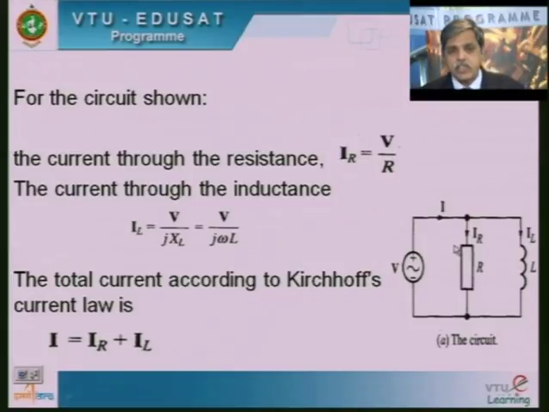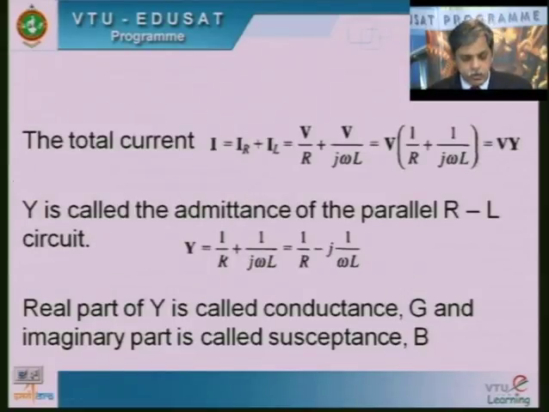Now the analysis of the circuit can be done based upon the phasor diagram. For this phasor diagram we need to take a common parameter as a reference. Since the resistor and inductor have the common parameter, the voltage, I can write down the voltage as a reference. See the total current, if you see here, is the sum of IR and IL. So IR is V by R and IL is V by j omega L. Therefore taking V common, I can write it as 1 upon R plus 1 upon j omega L. I can write this term within the brackets, that is 1 by R plus 1 upon j omega L, as the letter Y.